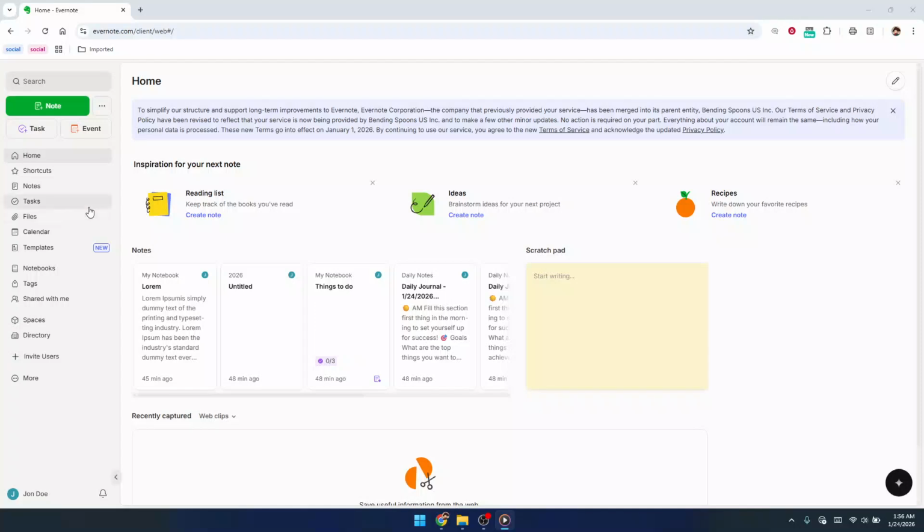In today's video, I'm going to teach you how to stop Evernote ads. If you're tired of seeing marketing pop-ups in Evernote or getting promotional emails you don't really need, this walkthrough will help you turn most of that off in just a few clicks. I'll guide you slowly through each part of the settings menu so you know exactly where to go and what